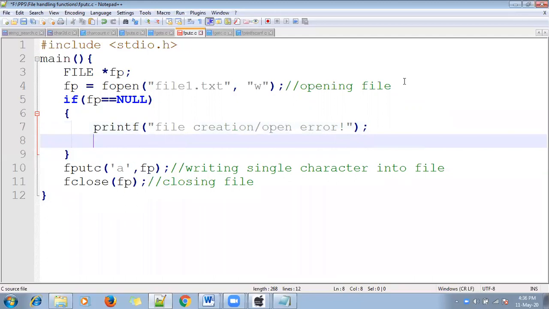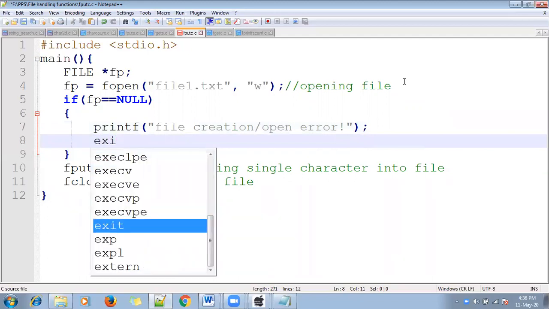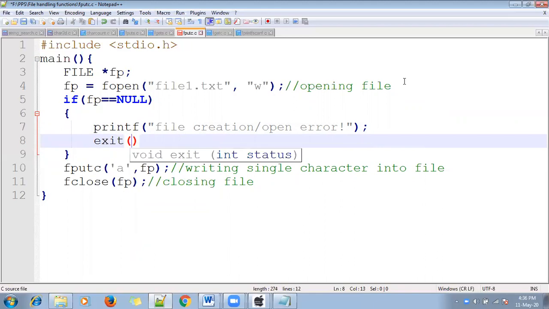Then exit from there. The exit function is used to exit from your program if an error is there. By using this function you can write a character into the file.